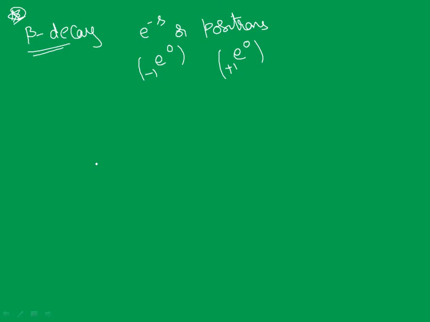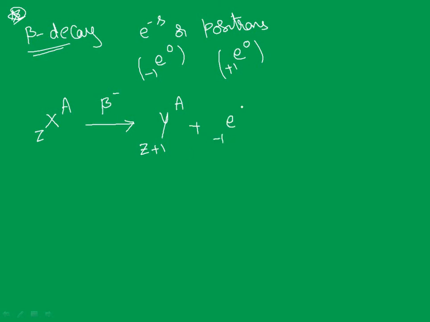Similarly, nuclei having more protons, I will call them proton rich nuclei. So first of all, let us start with neutron rich nuclei. If I have such a nucleus having atomic number Z and mass number A, and it undergoes beta minus decay, negative beta decay, then what happens? Mass number doesn't change, so no problem. But Z will be plus 1. Clear, right? So what can we write down here?